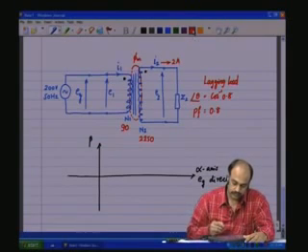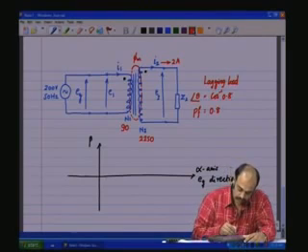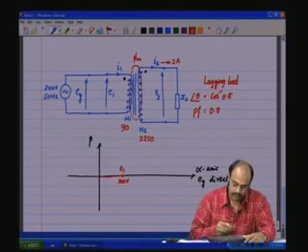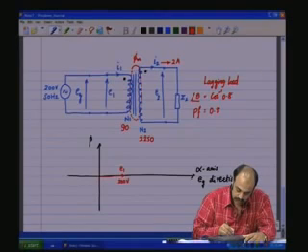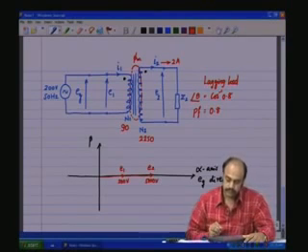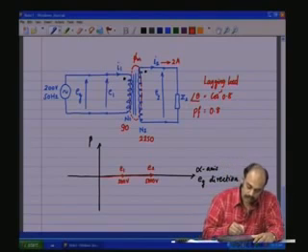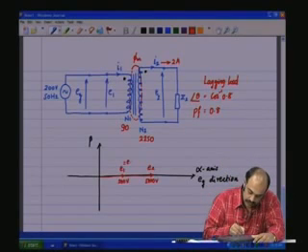So, we have E1 which is 200 volts and we have E2 which is 5000 volts. E1 equals EG, of course,